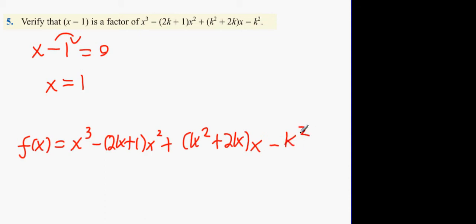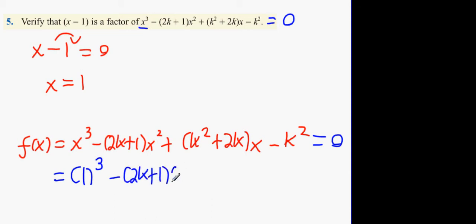Now, what you've got to realize here is, if I replace all x's with 1, my answer has to be 0. That's what roots do. Anytime you know something's a factor, you then know what the root is, and when you replace x with the root, it automatically has to equal 0. That's what a root is. Okay, so I'm going to replace all x's with 1s. 1 cubed minus (2k plus 1) by 1 squared plus (k squared plus 2k) times 1 minus k squared equals